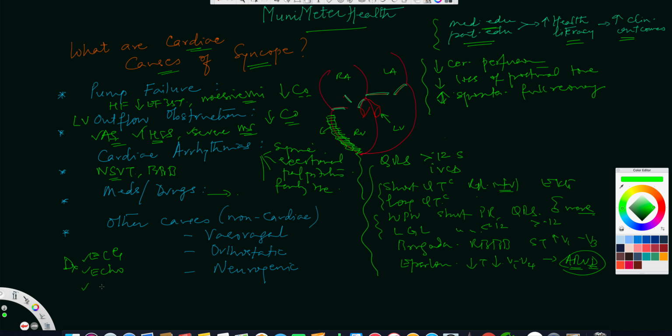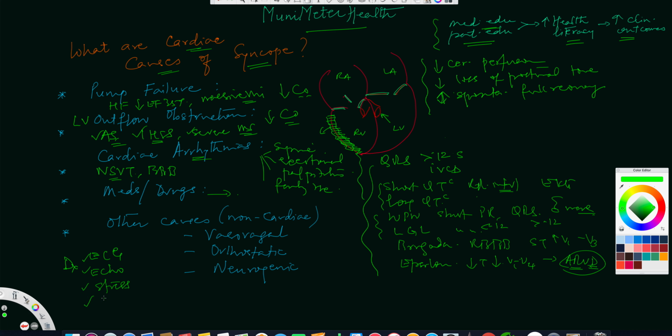The third thing that you possibly can do is the stress test. Now, you don't want to stress this patient during or immediately after the syncope. You really want to have these patients stabilize first, make sure that other non-invasive tests have been done, and then do a stress test to rule out any possibility of severe ischemia, severe aortic stenosis, specifically if it is exertion related, or sometimes exertion related arrhythmias. Cardiac arrhythmias can also occur, and a stress test could be recommended.